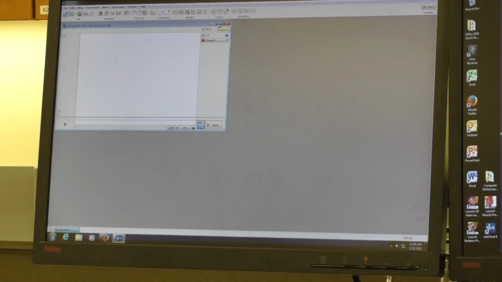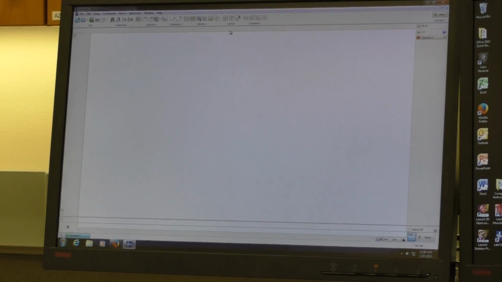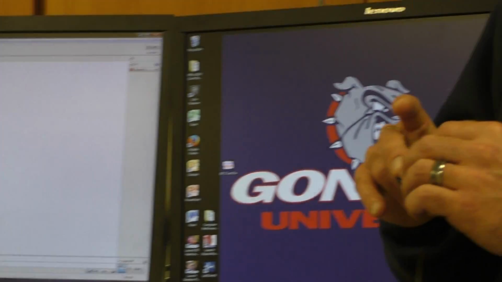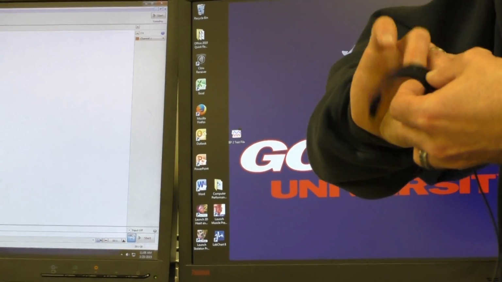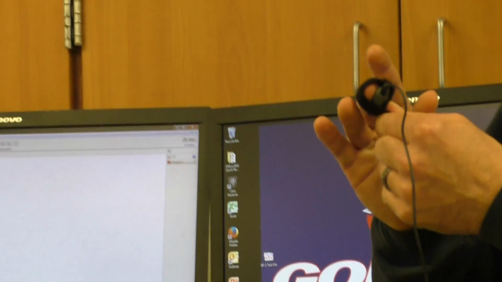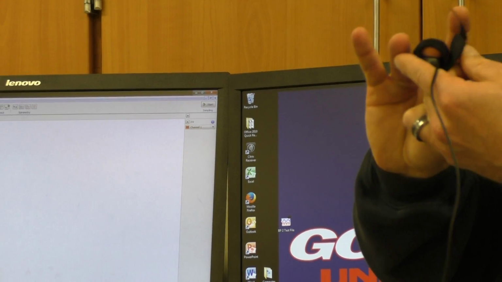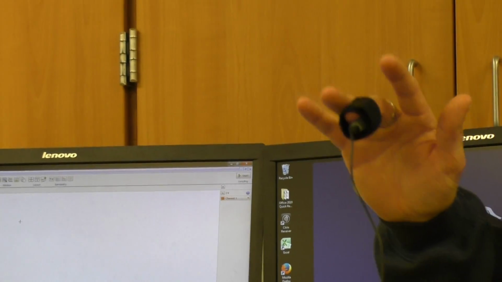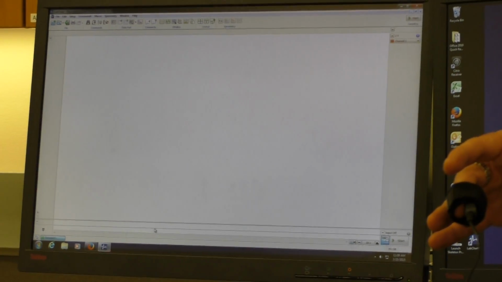We have these big monitors, so you may as well just maximize your screen here. When I say maximize, it's this icon next to the red X, and that gives us the whole screen to look at. What I'm going to do here is just put this on my finger snugly, and when I say snugly, it's going to be tight enough where it's not going to readily pull off here. So now what I'm going to do is just